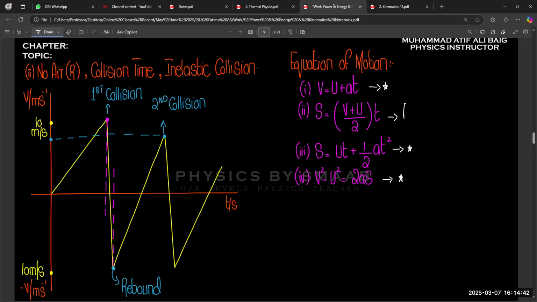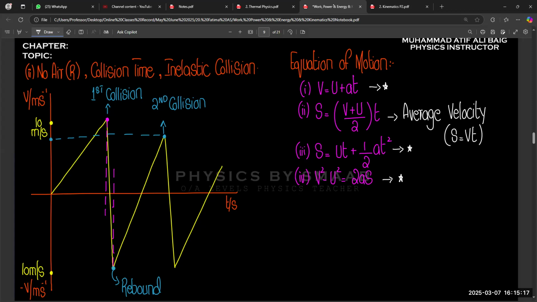So we always use these three equations to solve the question, but this second equation is specific to the average velocity idea. So if somewhere they are talking about average velocity, then we apply this formula, otherwise it is not required. Because this formula is derived from s equals vt, where that velocity is average, so v plus u divided by 2. And if only one value is given, we can directly use s equals vt, right?